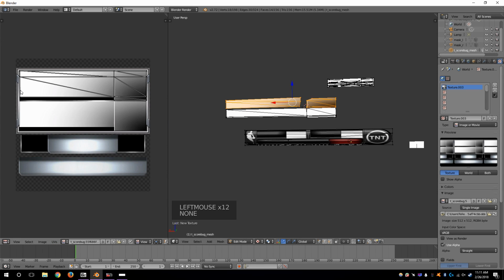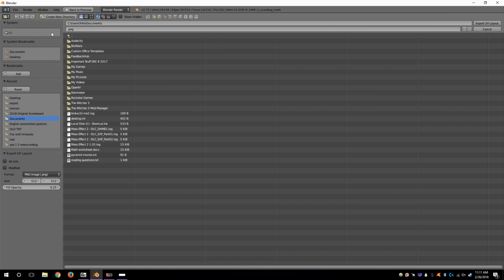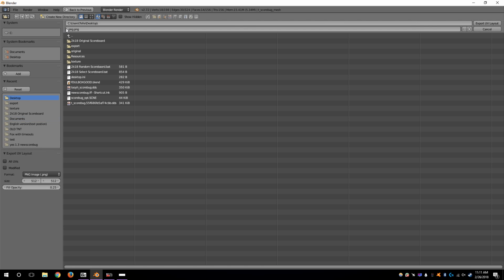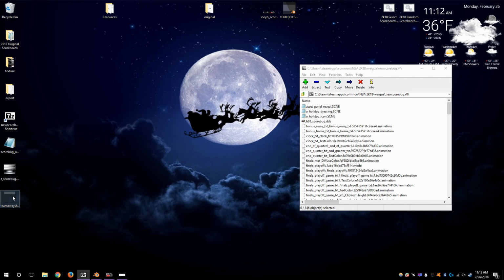So now you can see the shaders that they used for this box. This is the shaders for this box. So what you want to do with this loaded like that is select UV and export the UV layout to a PNG, send it to the desktop, and this one will be team away uv.png. I'm going to export that and go a little quicker to get this covered, and then we can open this up